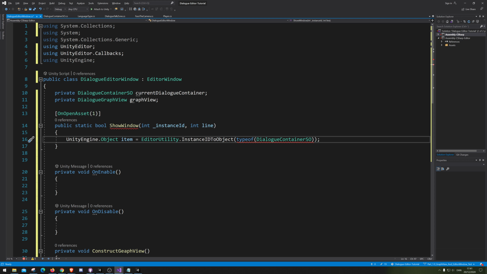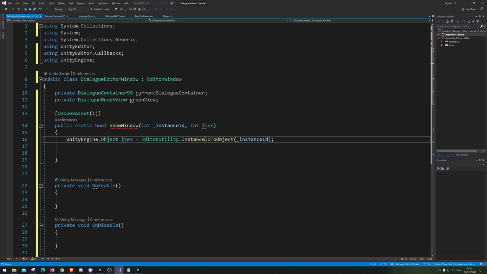Yes, it is the dialog container. Oh yeah, we... no. I'm completely wrong. That's not here. Need to give it the... There we go. My bad. So we're telling it what ID it should go for. So now it's simply going to find the right